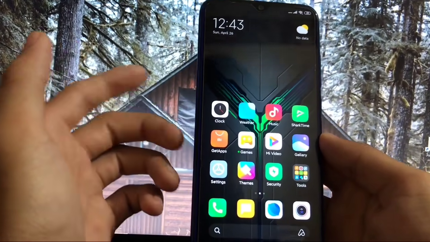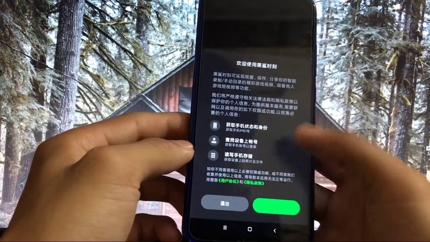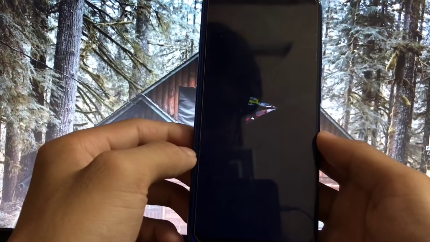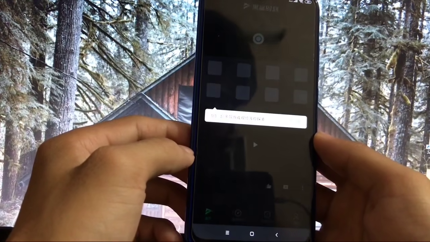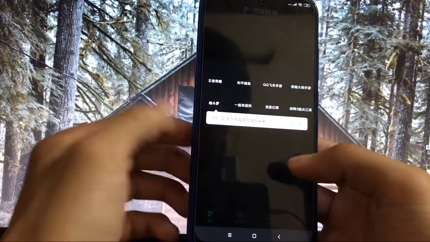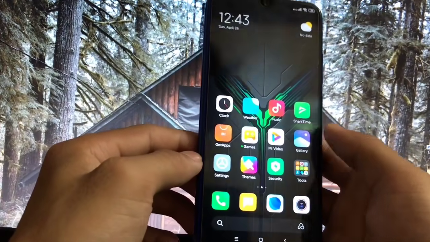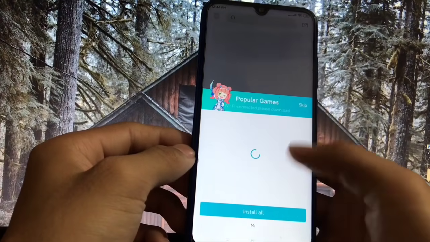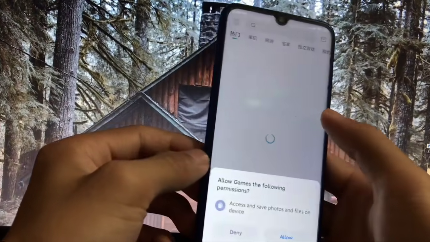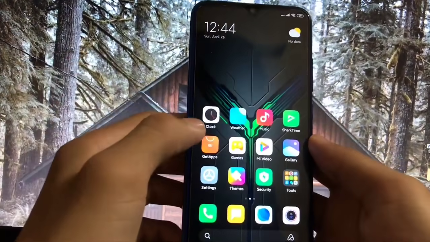Okay, weather app, music app, and this one is Shark Time. This is something new. Just click on agree and this kind of thing. I don't know what this is actually. It will show you a Black Shark boot animation type of thing. And when you open this, I think this is the media player from Shark, or I don't know what this is. This is in Chinese. There are games options available. This is the Chinese build, so you will get a lot of Chinese apps, but you can remove them after using root or anything else.